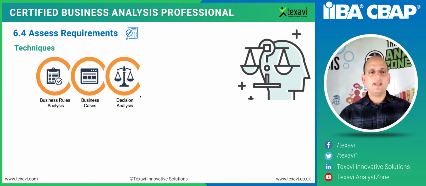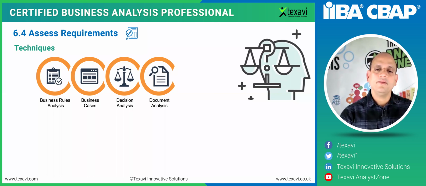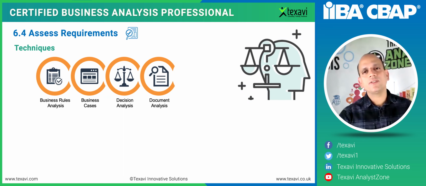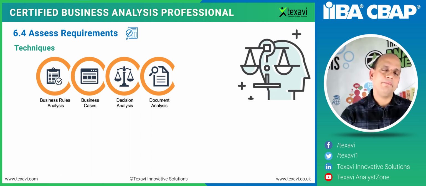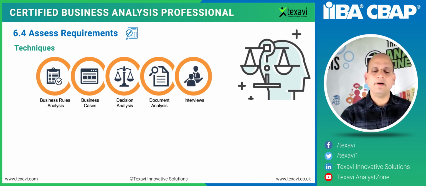And decision analysis, again, very important, the go, no go decision in terms of what has been finally the outcome of all this assessment. And then document analysis, we need to refer to the documents, refer to the procedures, the policies, the laws, the bylaws, right? If it is real estate, if it's manufacturing, if it is banking, insurance, whatever it is, depending on the industry, they've got so many different laws and bylaws and rules and regulations. We need to go through all of them.